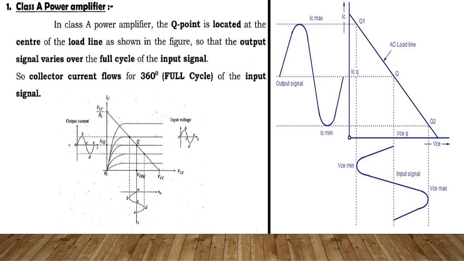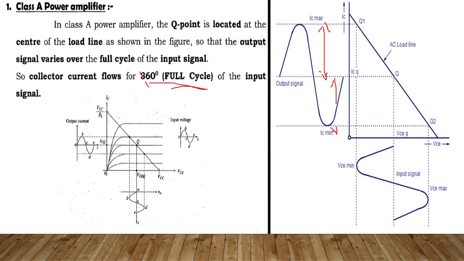So I am getting a full sine wave. Why? Because the upper part is nothing but, see, this one is the upper part, I see the maximum. So I am getting the full, and this also I am getting full. So it is called a full cycle or 360 degrees. Okay. So same in the negative side.